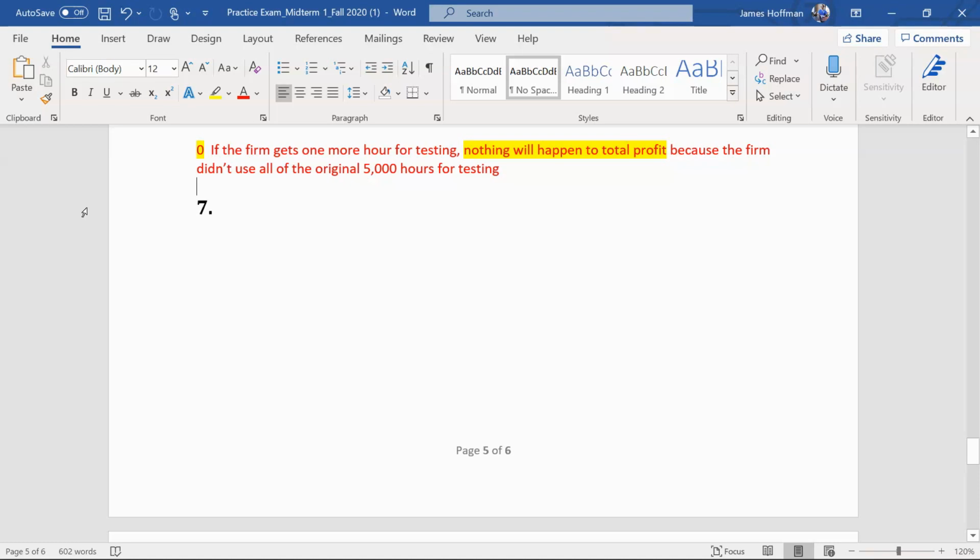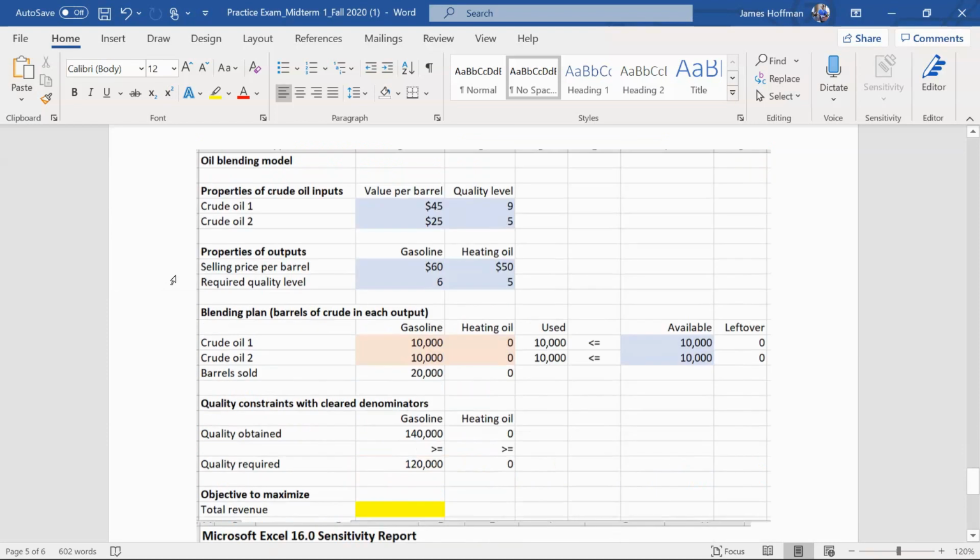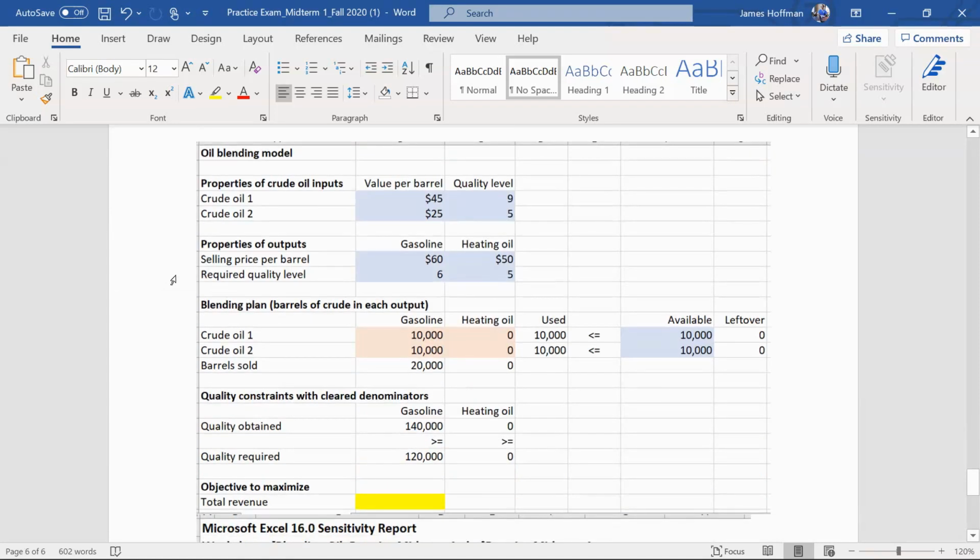Okay, last one, number 7. So we got 10 more minutes, but we can probably get through this, and then I can pass out or post the midterm. All right, so here we go. We got the blending oil example, and you've got to calculate or answer some questions based on this one. So this is the last one we did last Thursday.